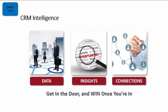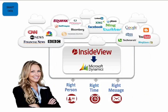And with tools like LinkedIn, you can use something called relationship selling, where once you know that you're connected to a company or a person through a peer or something else, you can increase your chances of penetrating that account. There's a couple tools we use, but the one I want to talk about today is called InsideView. InsideView is a tool that sits inside of CRM, inside of the company entity, and it taps into